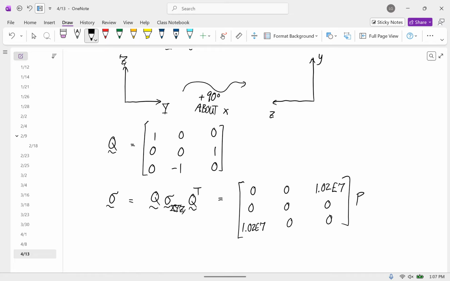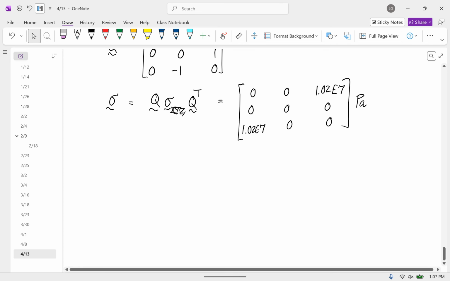So we just move those values around in this matrix. Does that make sense? Okay, so to make sense out of this, we have to do some kind of physical